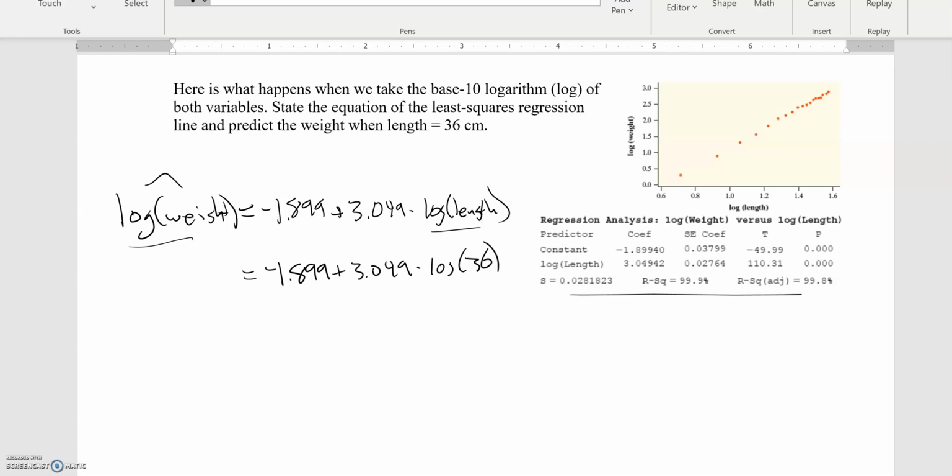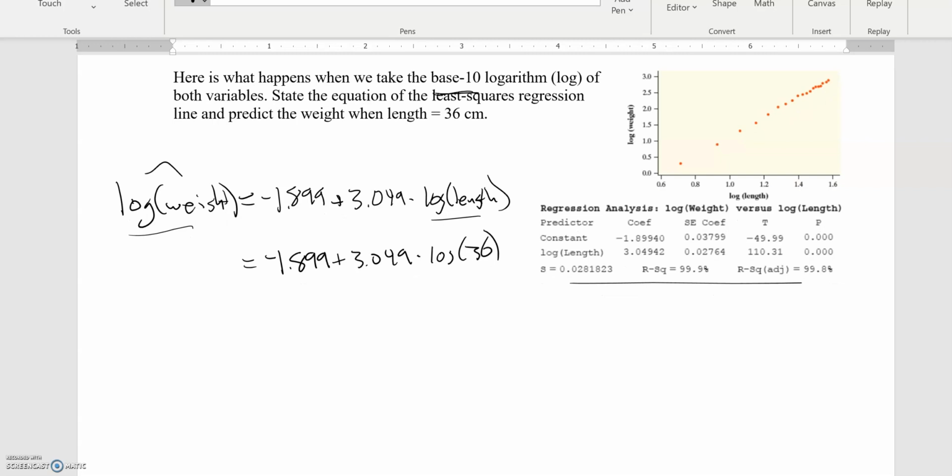This is a fast one, so negative 1.899 plus 3.049, and I'm using the log button times the log of 36, and I'm using log because it's base 10. Remember, for base 10 logs, you use that log button, and so I get 2.846. Is that right? That's right. And that's log